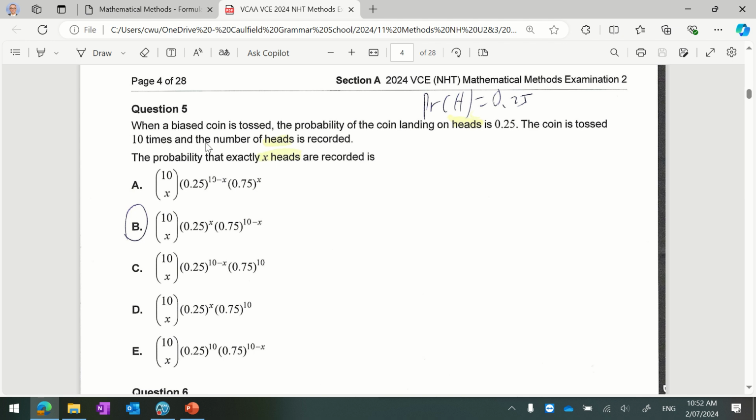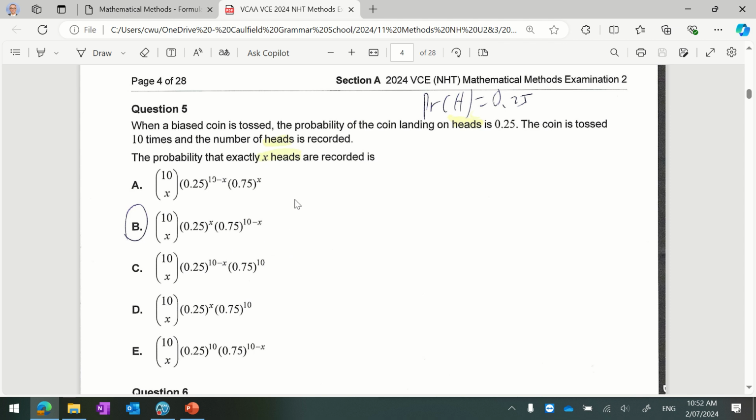Okay, another probability one, a biased coin. So the probability of landing on a heads is 0.25. The coin is tossed 10 times, and the number of heads is recorded. So I've highlighted heads and heads, just in case they try to be tricky. Sometimes when they try to be tricky, they'll give you the probability of heads, and then what they actually ask for is tails. And so you need to be careful if they're asking for the opposite of the information that's given to you. And then it says the probability that exactly X heads are recorded is